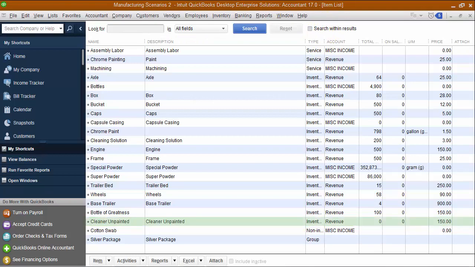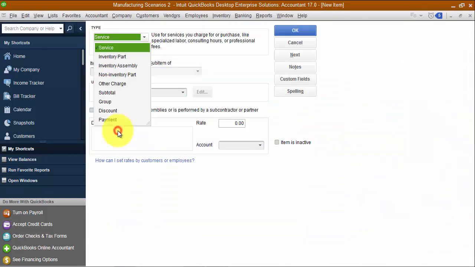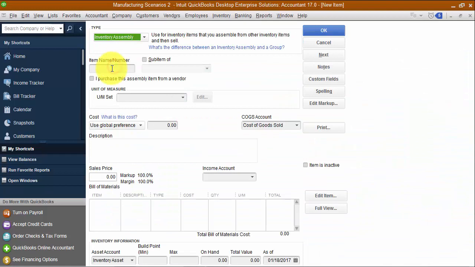Next, I'm going to create another item for the painted cleaner. So this is going to use the cleaner unpainted and also add a service of paint. So let's create this item. So it's going to be a new item, again, an inventory assembly part, and we're going to call it Painted Cleaner. And copy the description and put in a sales price. Sales price doesn't matter because I never sell painted cleaners, but I'll put in a sales price,